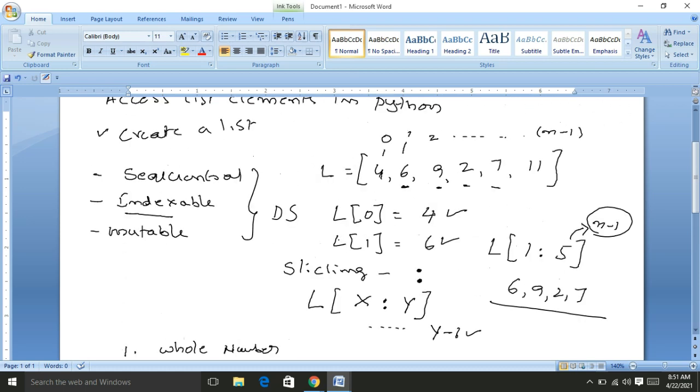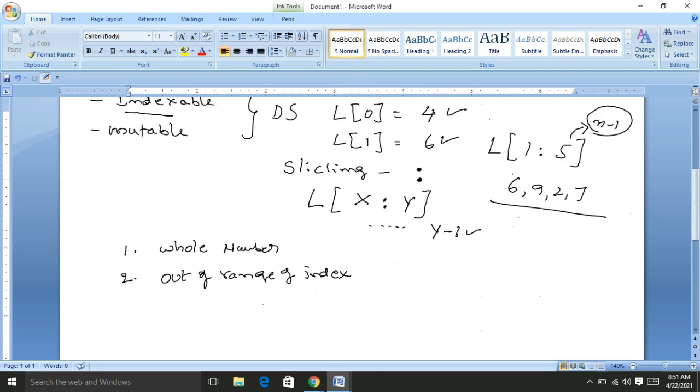Here we can observe that the index values run from 0, 1, 2, 3, 4, 5. Suppose I access the element at index 6 from the list. Actually, the sixth index value is not there, so it will generate an error.